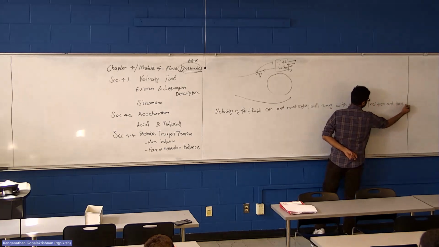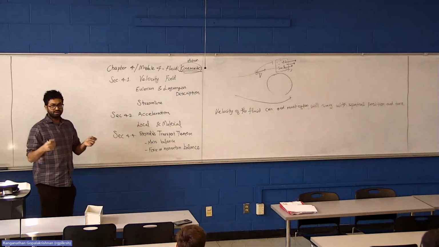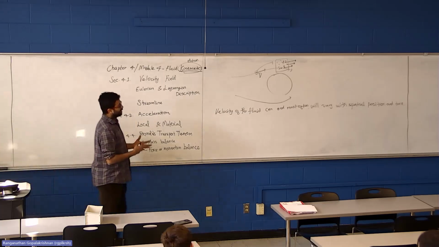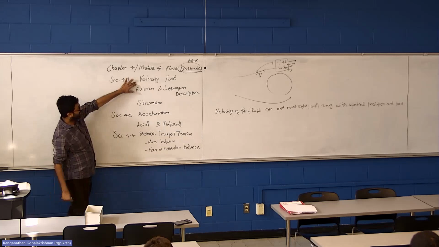We'll talk about this statement, but what you should first write down is that the velocity of the fluid is not a single number at every point in space. It will vary with space and time, and how we describe that pertains to what we call the